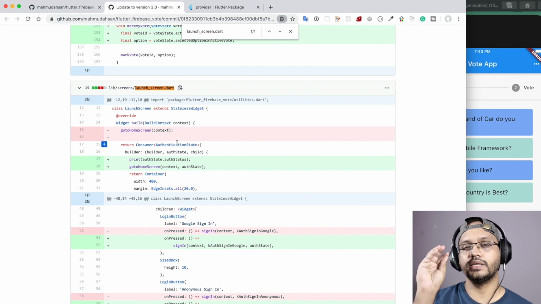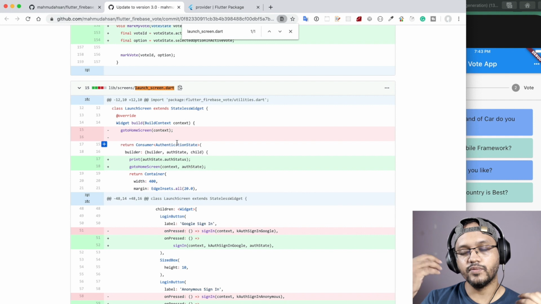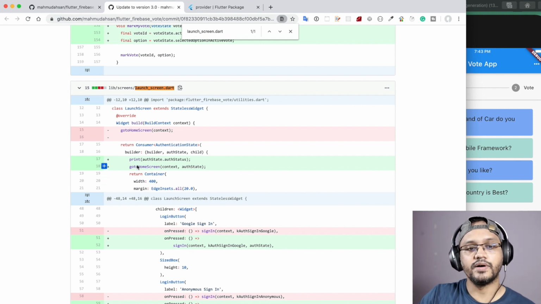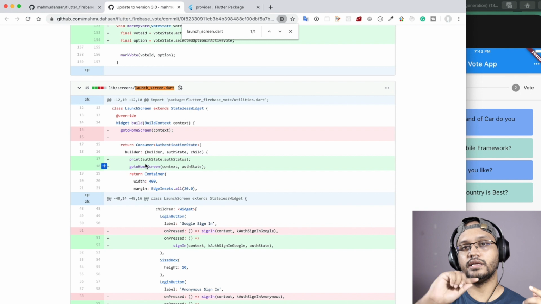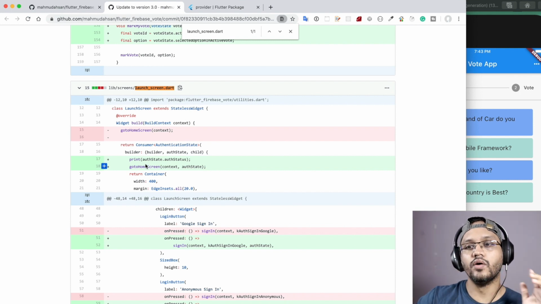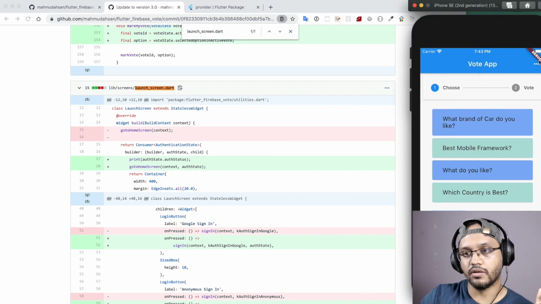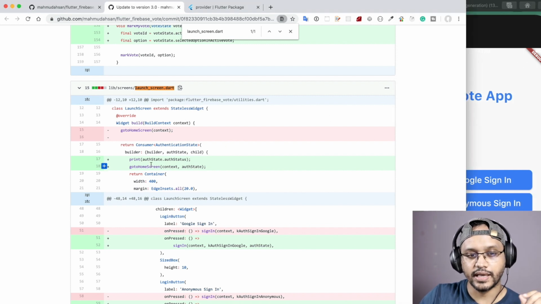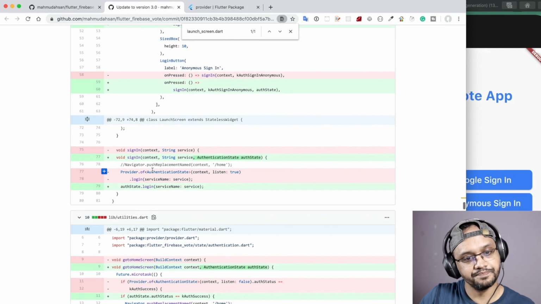So every time the authentication state changes, like if the user clicks log out, or if the user token becomes invalid, then it should log out automatically, right? So if this kind of thing changes, you see that this function will trigger and it will move your screen to the home screen. Suppose if I click log out here, it will go to the home screen. So I have changed this a bit here and there.